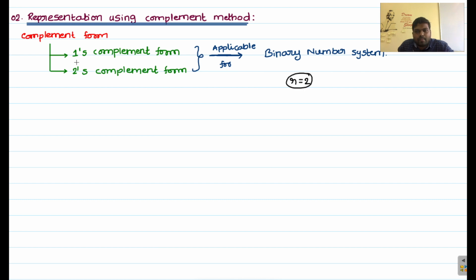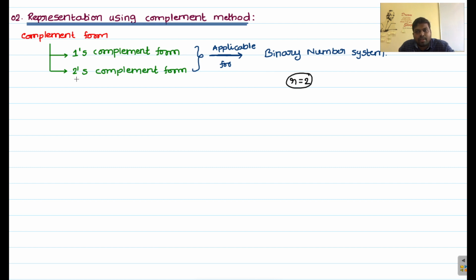So when you observe this one's complement form, this can be treated as R minus 1's complement form, right? Here R equals to how much? 2. If I am taking R minus 1, that means 2 minus 1. So what you will get? 1, right? So that means R minus 1 complement form, and in the same way R's complement form, where R equals 2, right? That means if you take any base R system,